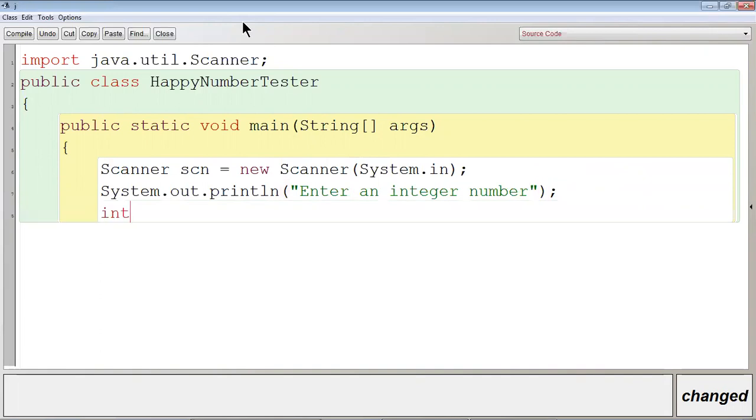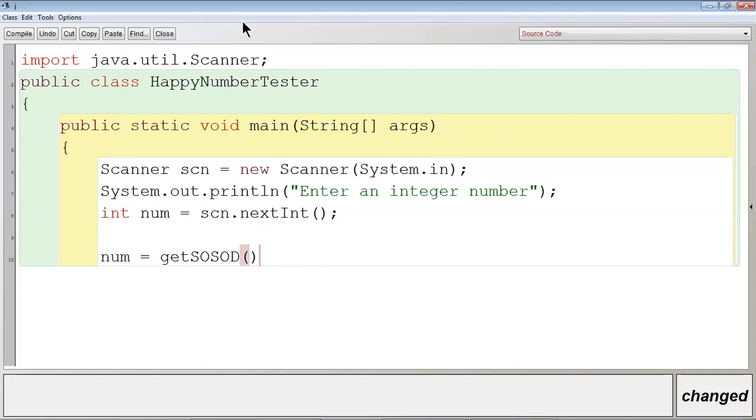Then int num is equal to scanner object dot nextInt. Now what I will do: num is equal to, I will call the getSOSOD method, get sum of square of digit, and I will pass the same number.